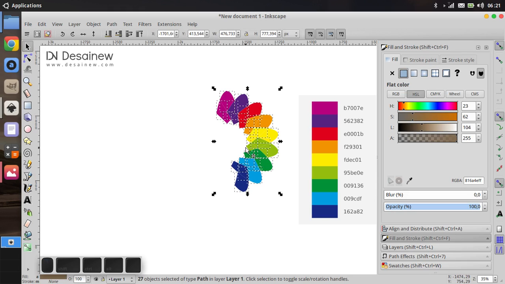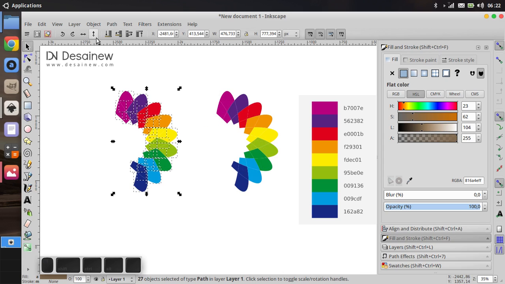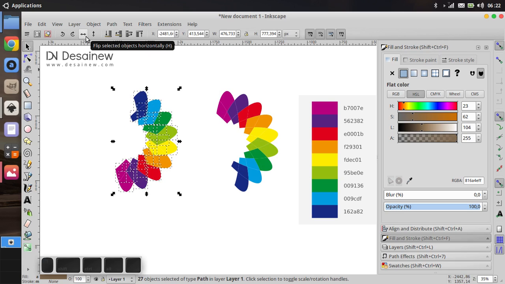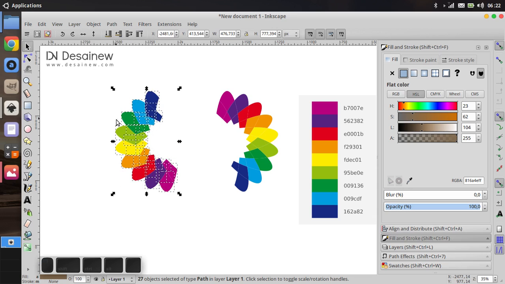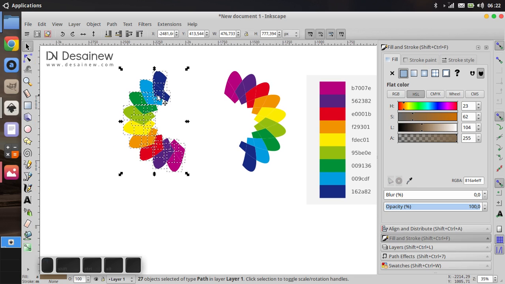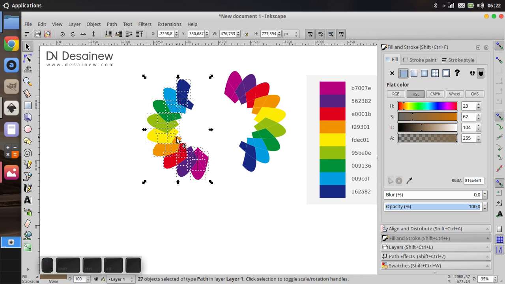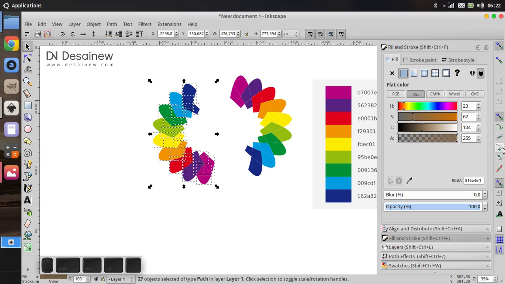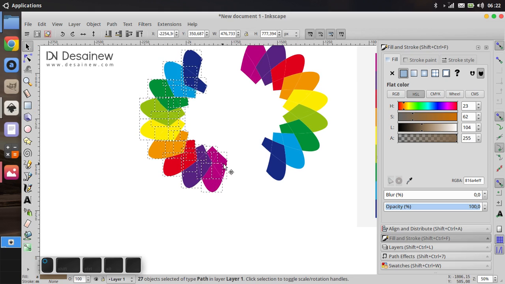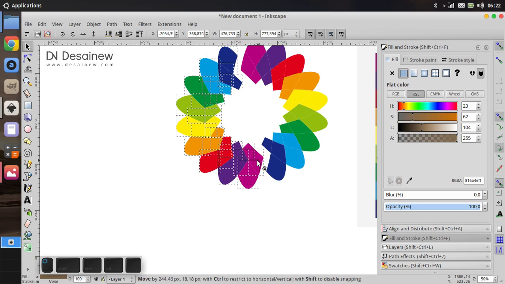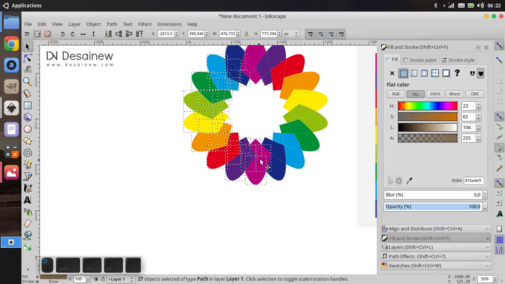And then you can duplicate with Ctrl+T and click Flip Selected Objects Vertically and click Flip Selected Objects Horizontally. And then you can click snap cusp node. You can move until cusp node snaps to cusp node.